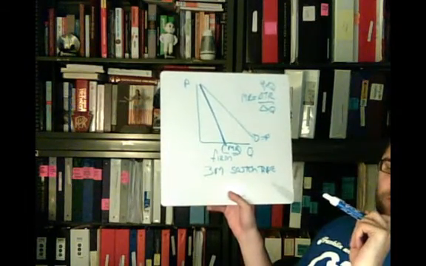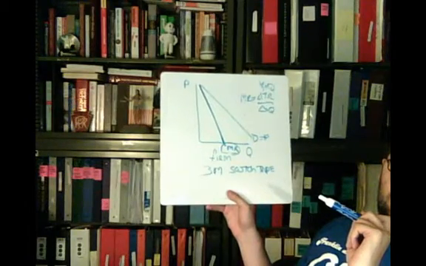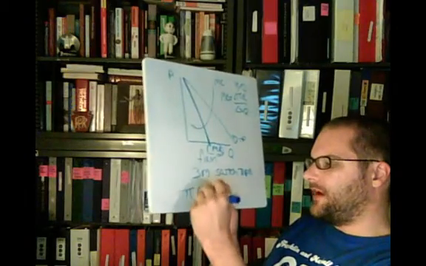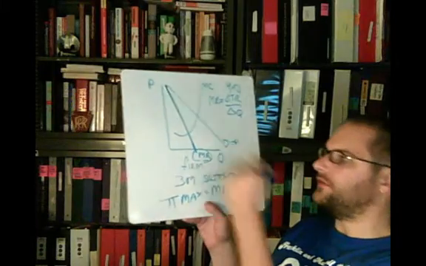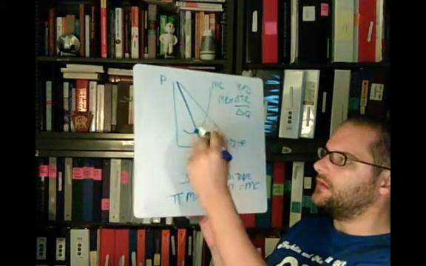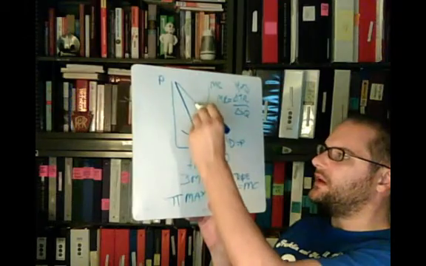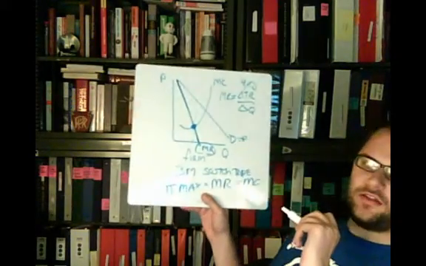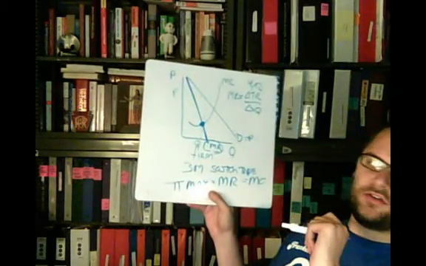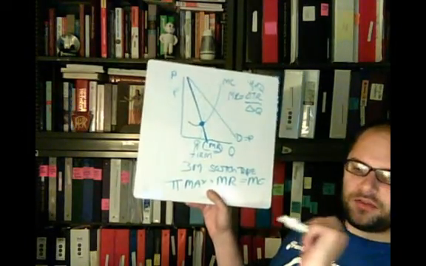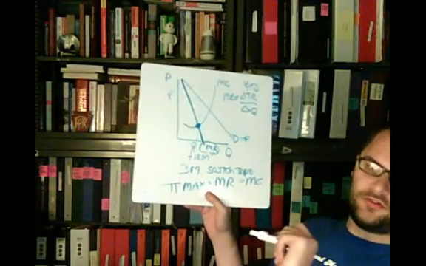Monopolistically competitive firms are price searchers rather than price takers. Because what they're going to do is they're still going to follow the same rule of profit maximization, which is marginal revenue equaling marginal cost. But now we go up to the demand curve to find the price. Here's my quantity I'm going to sell. Here's the price I'm going to charge. These monopolistically competitive firms are price searchers.